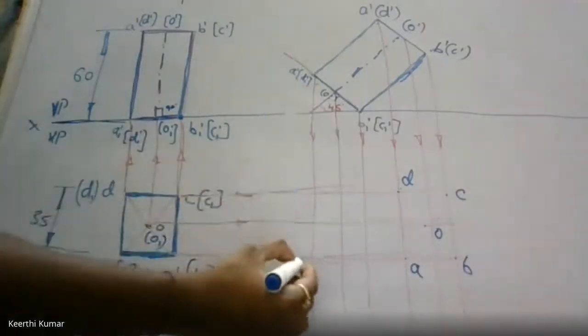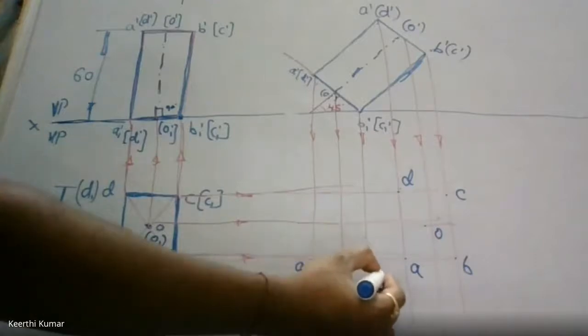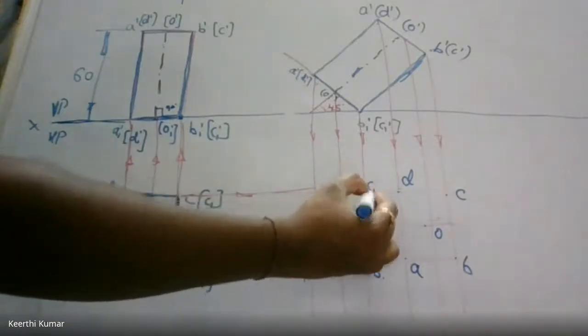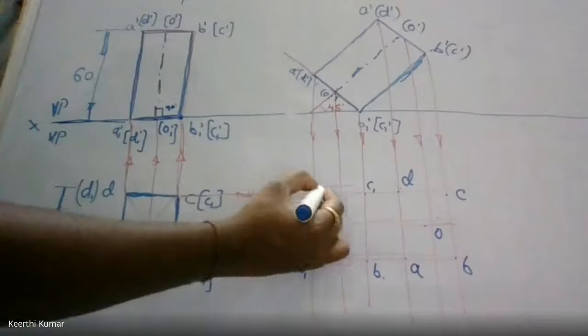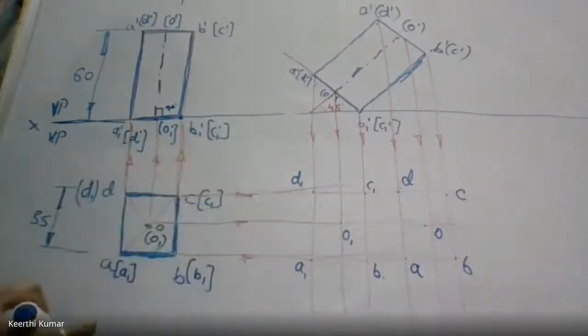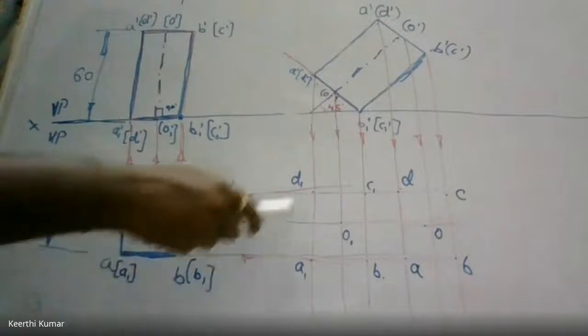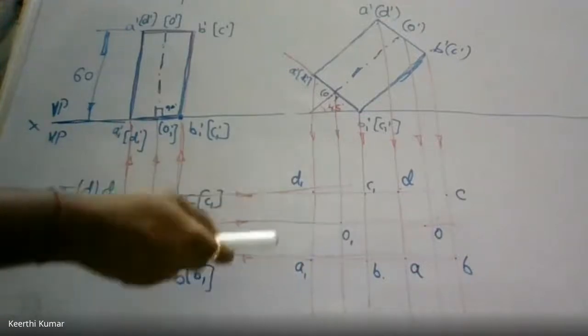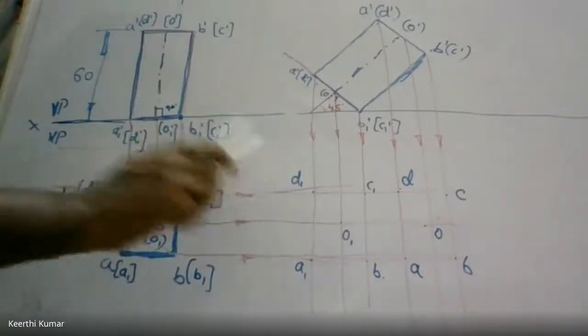Similarly, come for A1. A1 will be here, B1 will be here, C1 will be here. Adjust and put a point just for your reference. D1 will be here, O1 will be here. Understood? You know how to do it for the laminas, ABCD. Now it is A, B, C, D, O, A1, B1, C1, D1, O1. That's all. Just the number of points has increased.